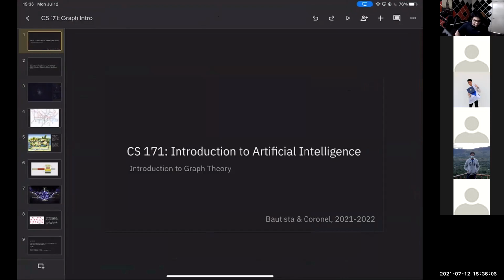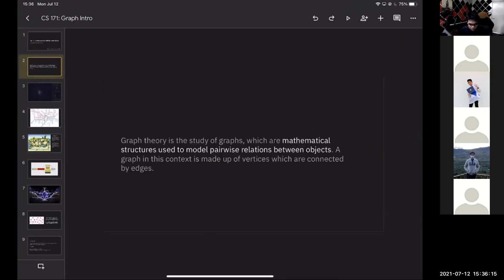An intro to graph theory. Just a quick recap for those who might not be too familiar with the material. No? So, graph theory is the study of networks of graphs, which are mathematical structures used to model pairwise relationships between objects. No? Graph in this context is made up of vertices or nodes, which are connected by edges or